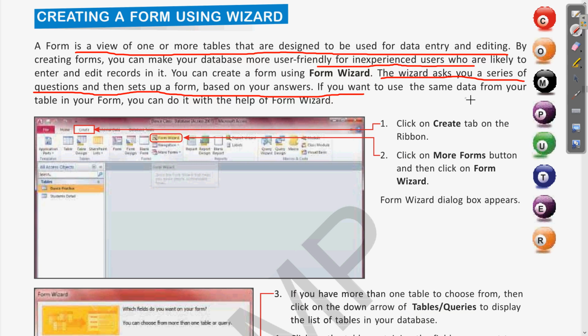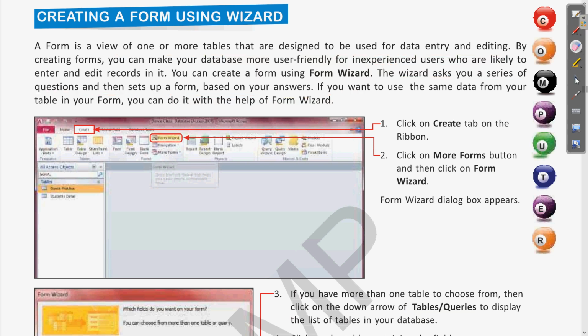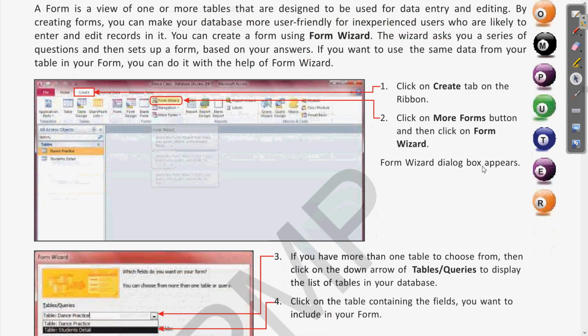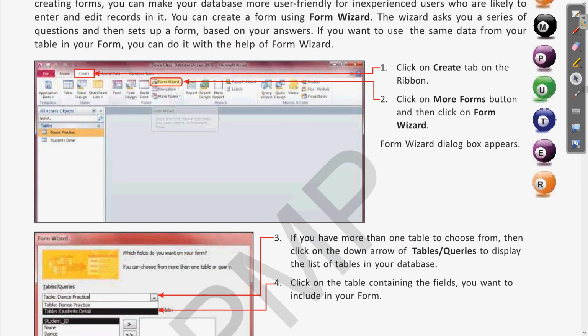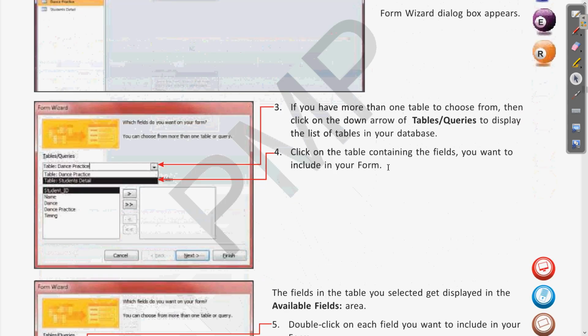We have seen how to start this form wizard. Let us see the steps and revise those things so that you can relate with all the previous topics. For creating a form with the wizard, we go to the Create tab, and there we will get the Form Wizard. Clear? When you click on Form Wizard, it will open a new dialog box where you can choose the different tables.